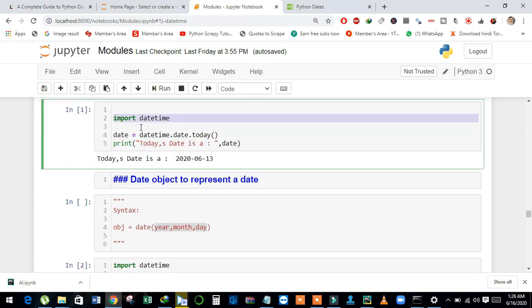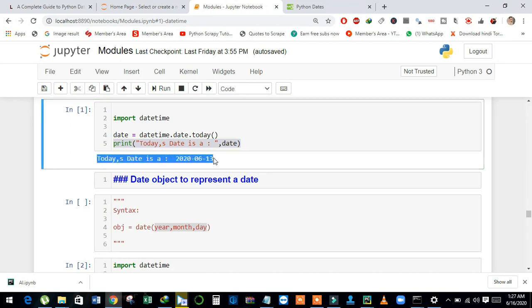In this example, first I have imported datetime, and then using the datetime.date class and the today method, I fetched the current date and stored it in the date variable. Then using a print statement, I printed out the value of date, and see here it returns this result.